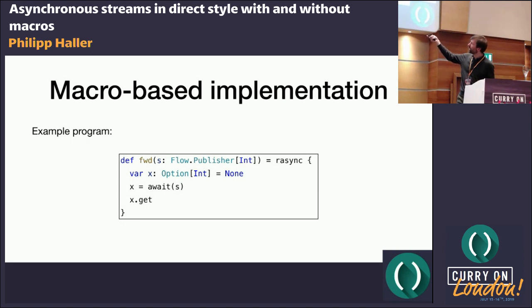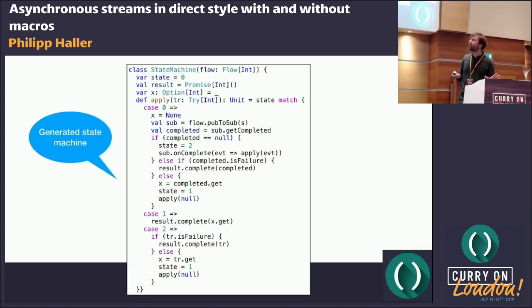That of course returns an option, because the publisher may have terminated, but in this case we assume we have at least one event and we get it out of the future, and that's the single event that we're publishing. Extremely simple example, but still we have a suspendable point here. Await may suspend, and so that means we have to compile this in some way.